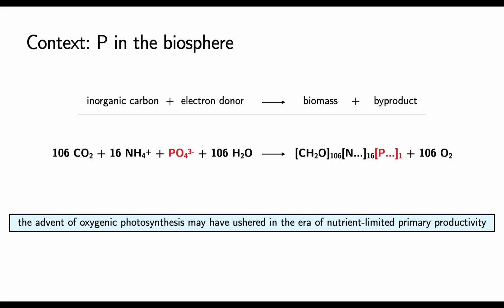And so that rate of delivery is thought to limit the total productivity of the biosphere on long timescales. Meaning that from, again, this origin of oxygenic photosynthesis, we could expect a phosphorus-limited biosphere, so long as it resembles more or less primary producers today. And so this is the reason we have such an interest in reconstructing the cycling of phosphorus, because if we can do so, we get this first-order constraint on the total possible productivity of the biosphere, which has all sorts of astrobiological implications. So we want to know that, and so let's think now about how phosphorus is cycled through the ocean, starting with the modern, and then we'll tweak that picture for the Archean.